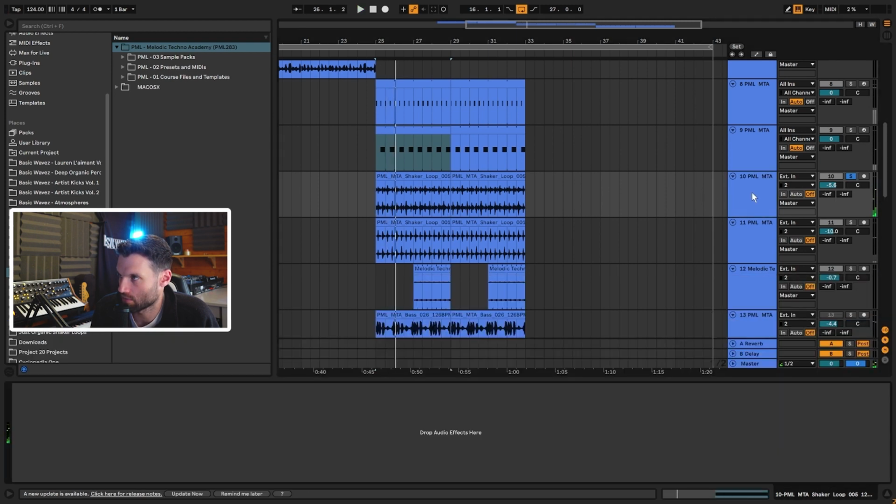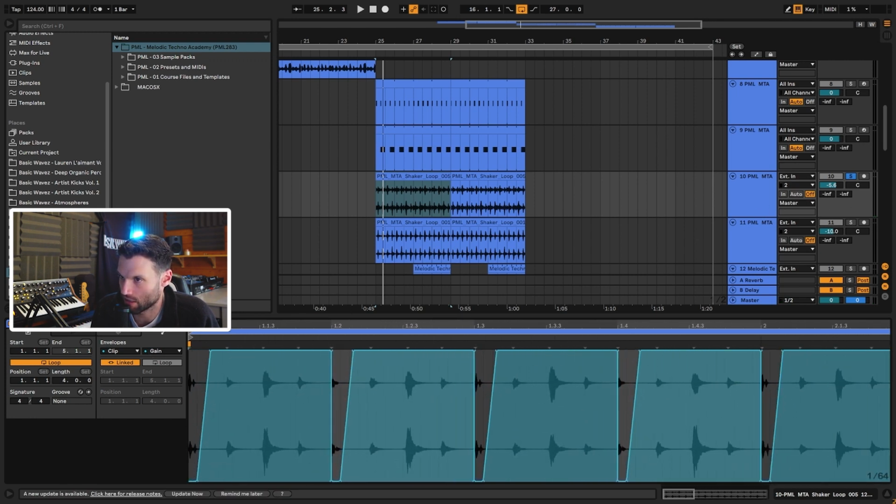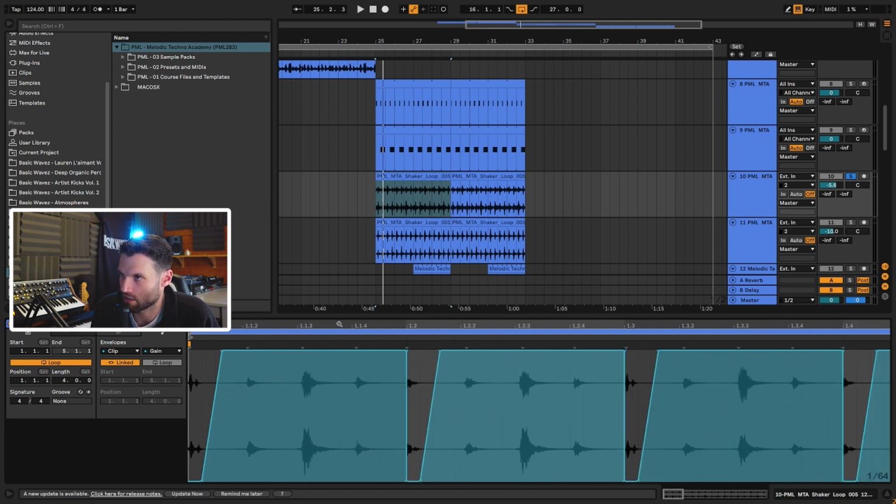There's a nice shaker loop. And I think I did some processing here. So I've got a little bit of gain automation over here, which is almost like side chaining it to the kick. And the reason is I just didn't like how the shaker sounded when it was layered with the kick. So I went and manually removed it using volume. So it would be basically the same as using a compressor and just side chaining it. I'm not really sure why I did it this way. I guess at the time it seemed like the quicker way to do it, because I already had the clip open. So yeah, without that gain automation though,